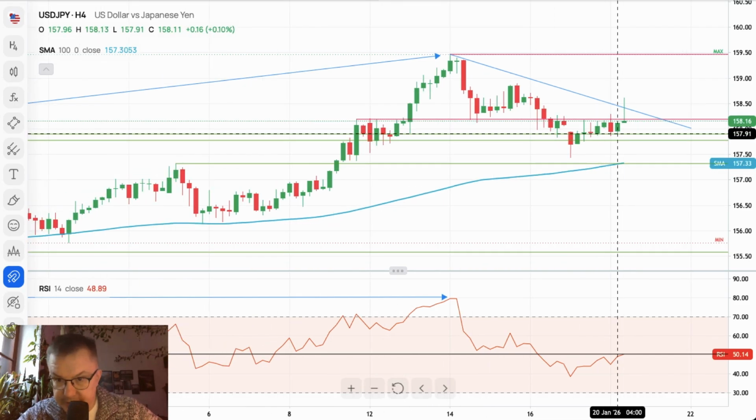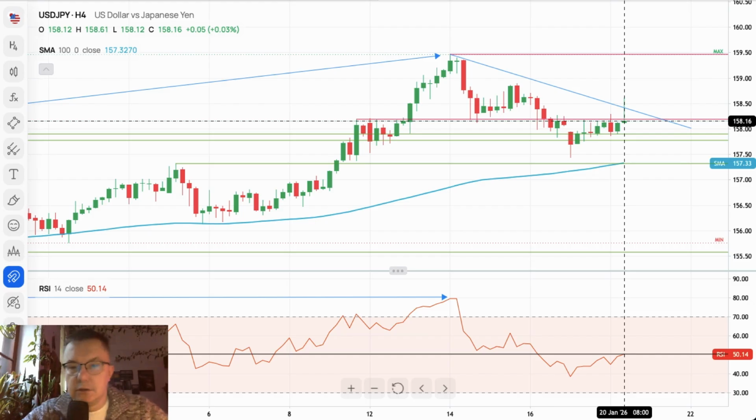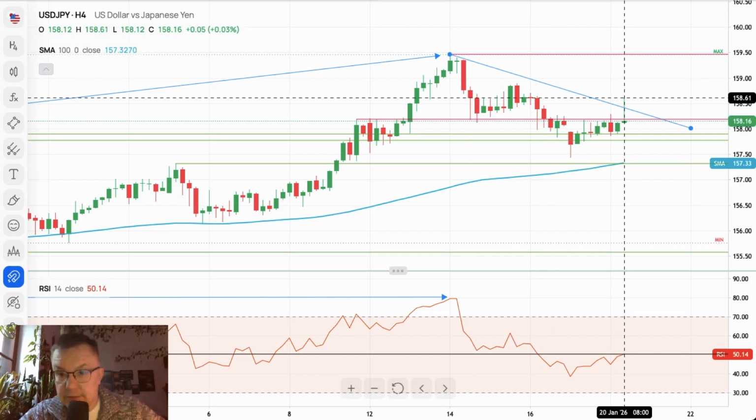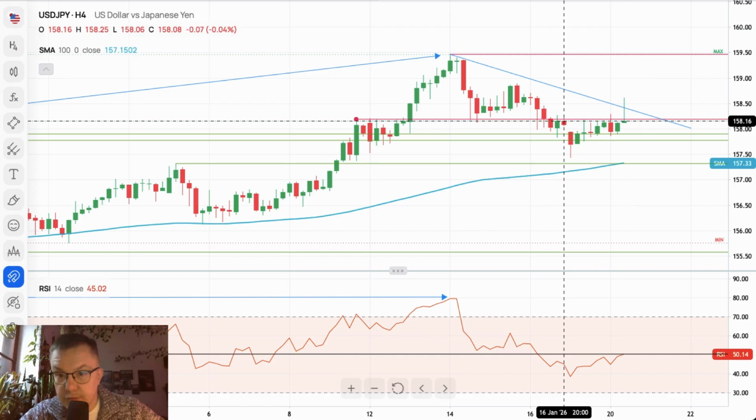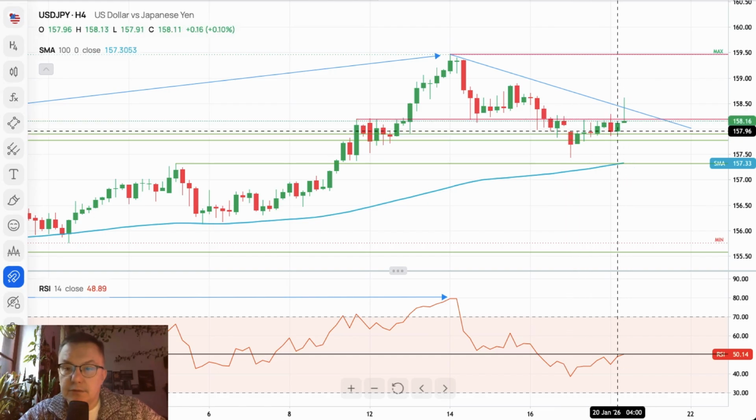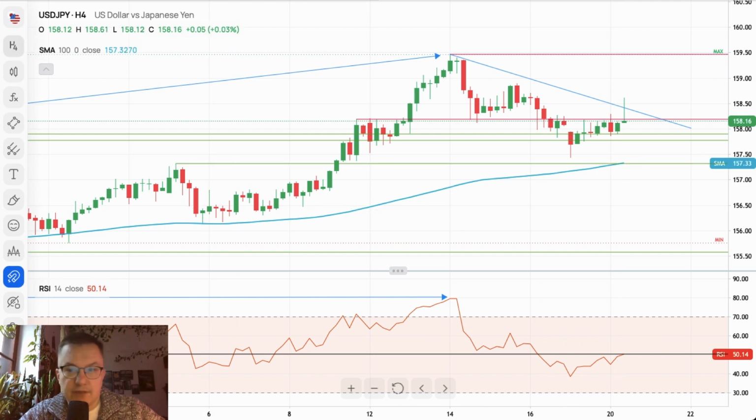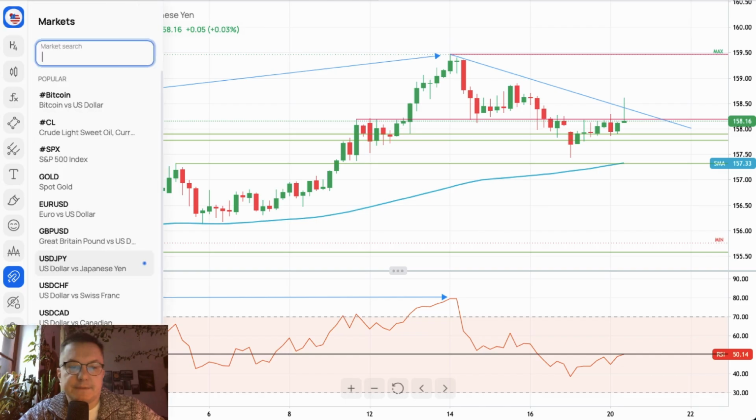So please keep an eye on this current situation here. It looks like this trend line will be rejected, and all this movement, this breakout to the upside might be considered a fake breakout as well. Very, very long upper shadow on the US dollar to the Japanese yen. If the US dollar is going lower, let's take a look at what the US dollar is doing.